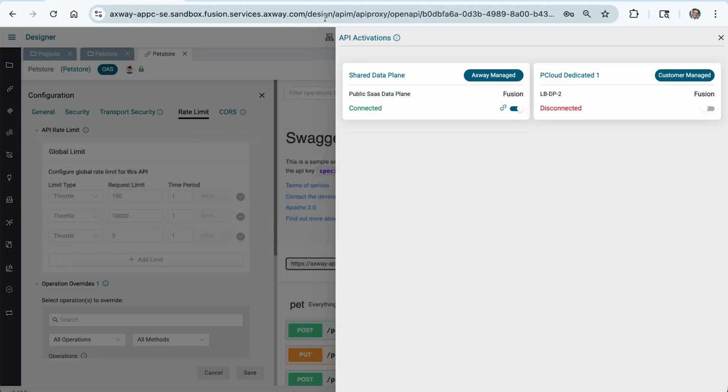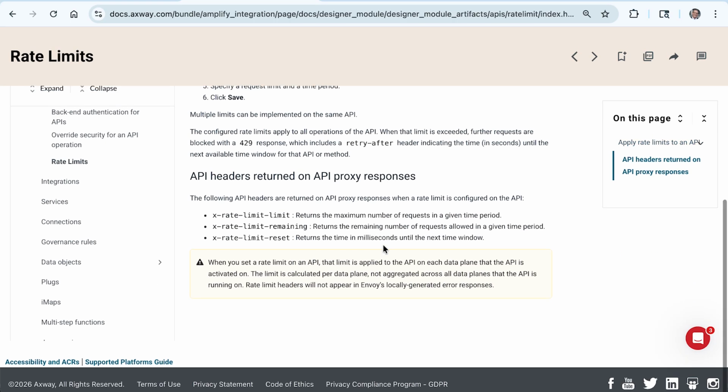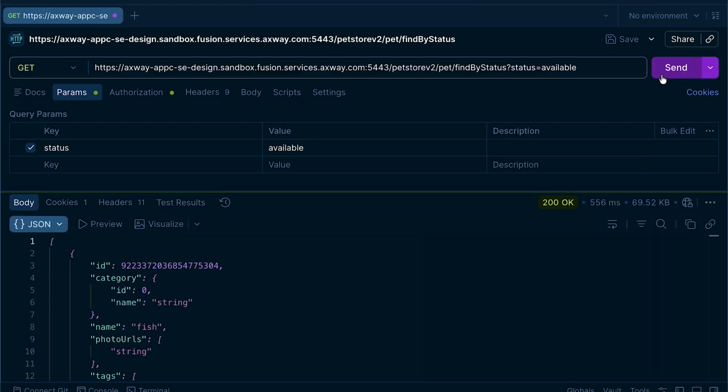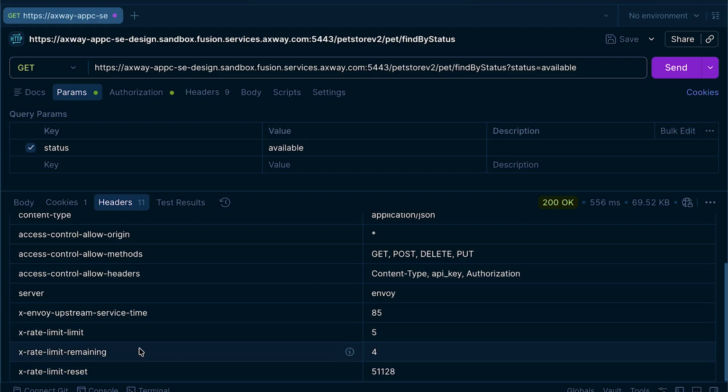But while we're here, let's also take a look at the online docs that talk about rate limits. You can see here that we also get some special headers that are returned: the limit, remaining, and reset. So if I come here and have a successful call, I can go take a look at the headers, and my client application could be taking a look at these headers to limit the bursts of requests in the